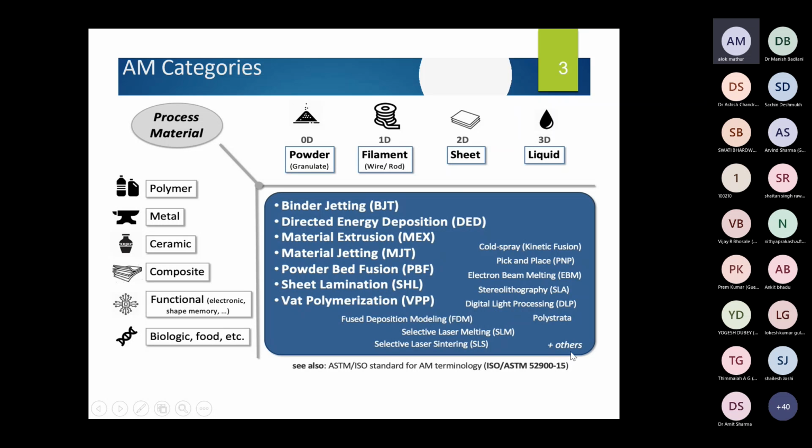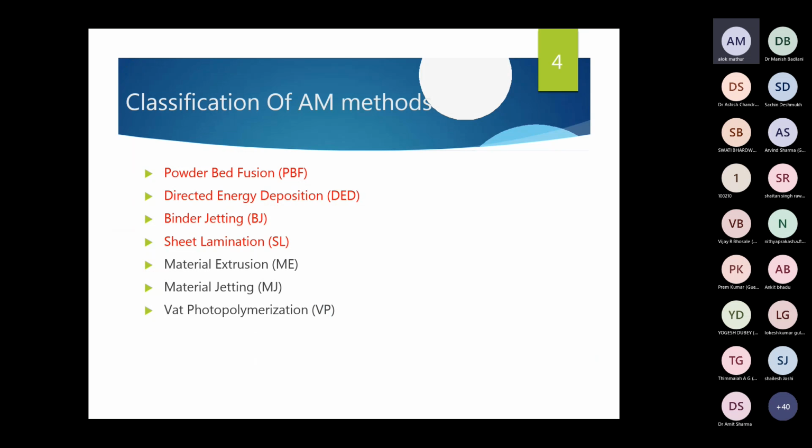So these are the earlier, original methods, and these are advanced methods we can call, which are derived from these original methods.